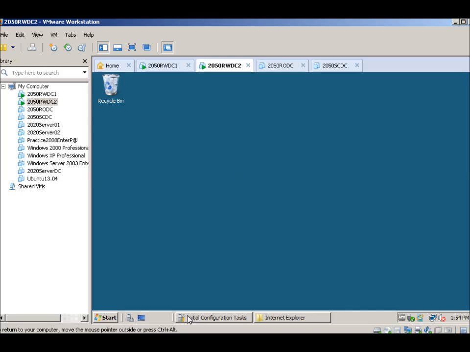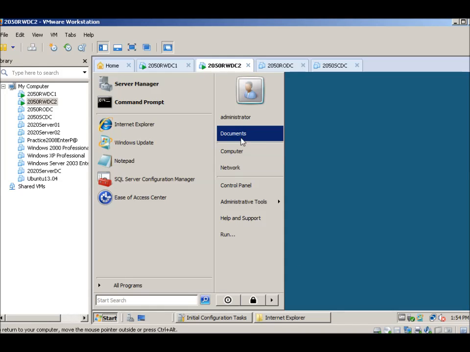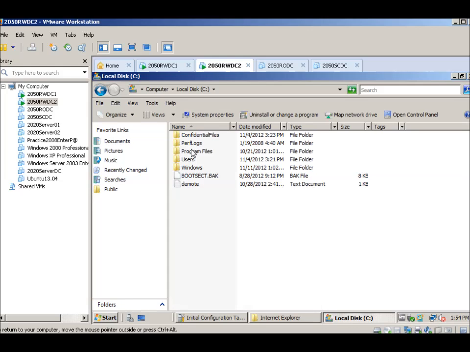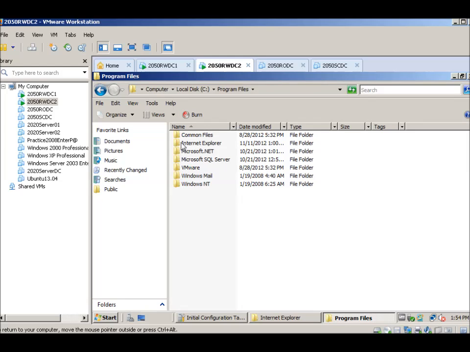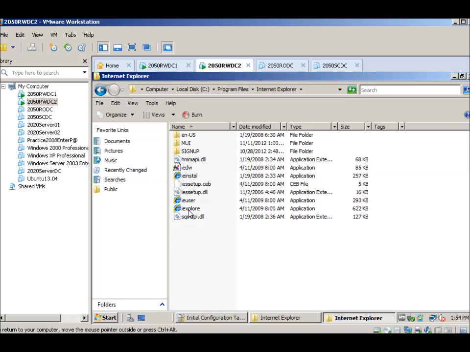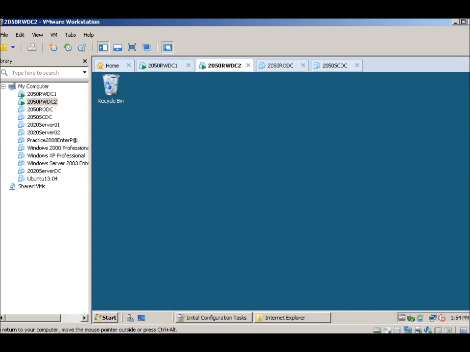The book wanted us to go into the C drive here and go to Program Files and Internet Explorer, and you just make a copy of the iexplore here and put it on desktop and try it. And when we did do that with the SRP1, it did let us get into it. So Part C of